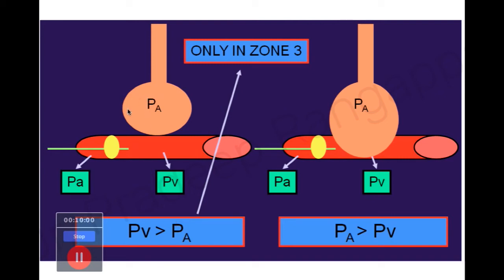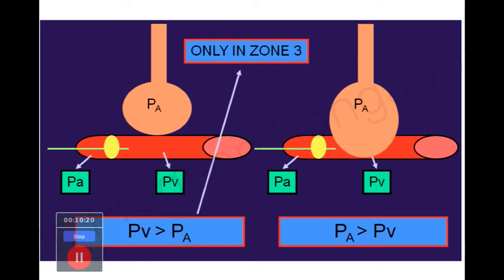Because see, this is an alveolus, this is a pulmonary artery. So this alveolar pressure is not impinging to influence the pressure on the pulmonary artery. So whatever pressure you are recording is independent of the alveoli,